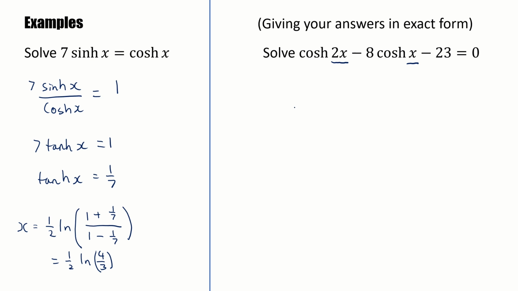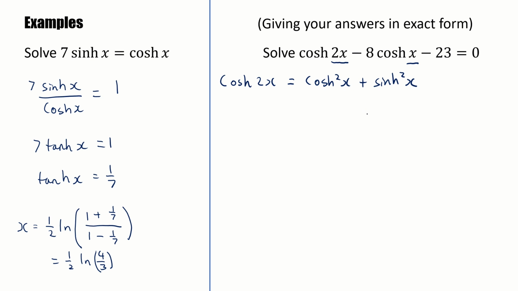So you have a couple of different options when it comes to obtaining the identity you need in order to be able to solve this question. One way is to use the formulas provided to you in the formula booklet. The formula booklet tells us the hyperbolic identity that cosh 2x is equal to cosh squared x plus sinh squared x. And the interesting thing about that is, ironically, that identity in its current form is not useful, because